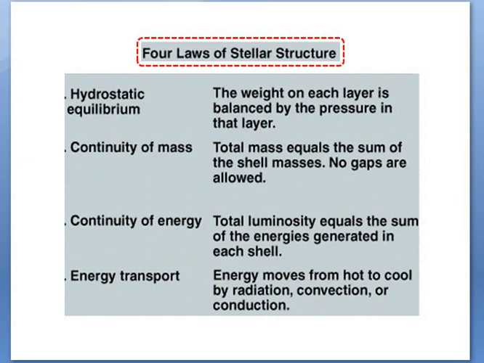And the third is the equation of continuity of energy, which means that the total luminosity equals the sum of the energies generated in each shell. The fourth equation, for radiative or convective energy transport, we will cover in a separate lecture. Okay, so now